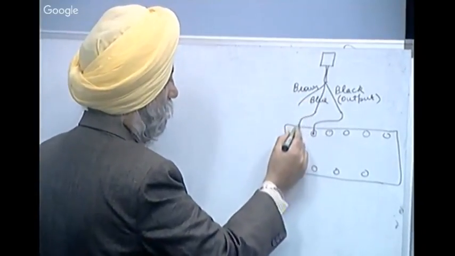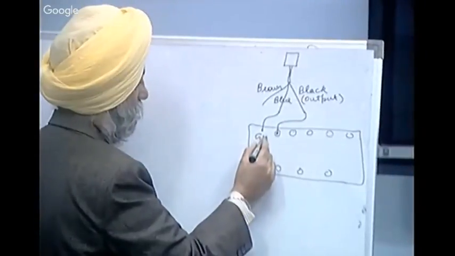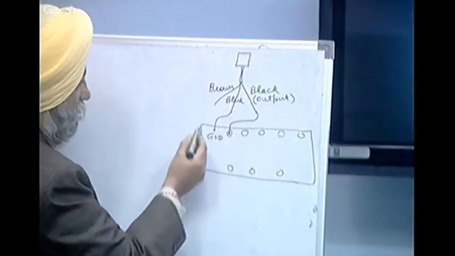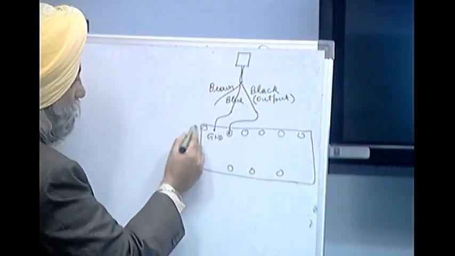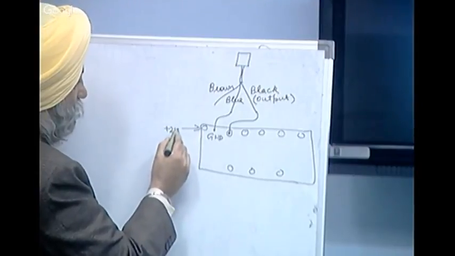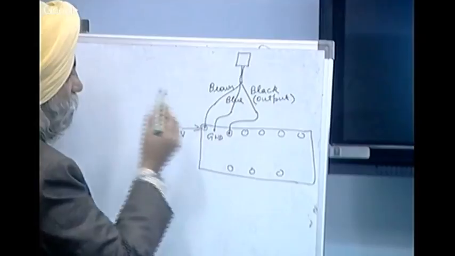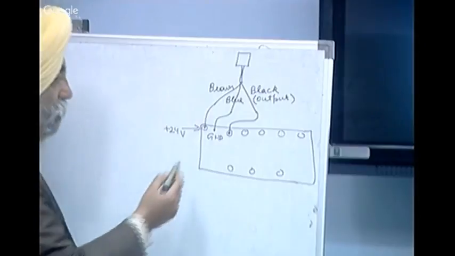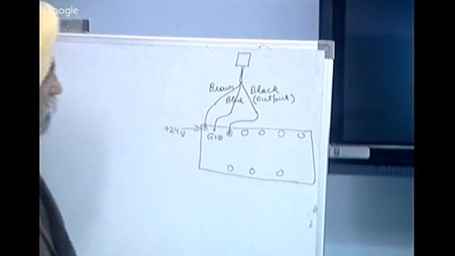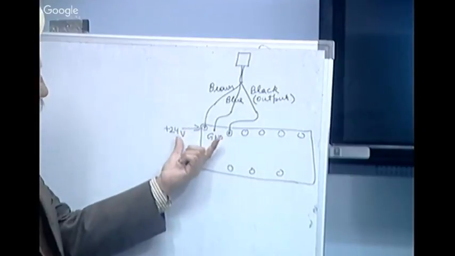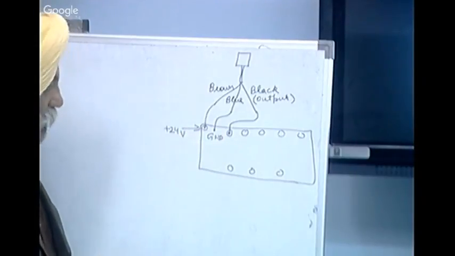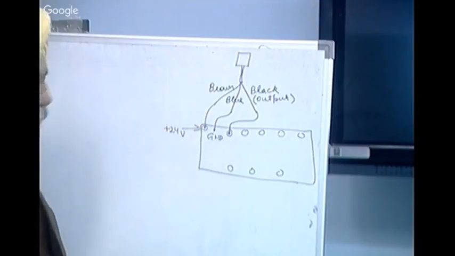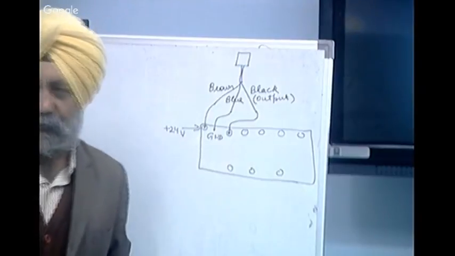The ground will go to the ground of the controller, and if the controller has a power source, then we can get the reference voltage to the sensor directly from the controller itself. So whatever be the type of controller, this is the one arrangement that is used. So if we have to attach this particular sensor we just saw, that is how we will attach it to a controller. Now we will demonstrate the